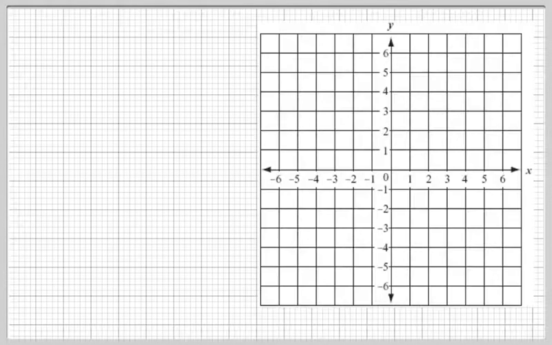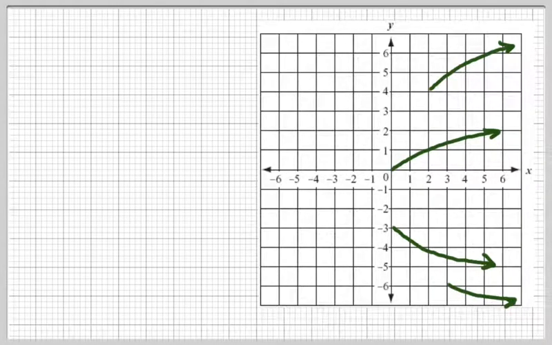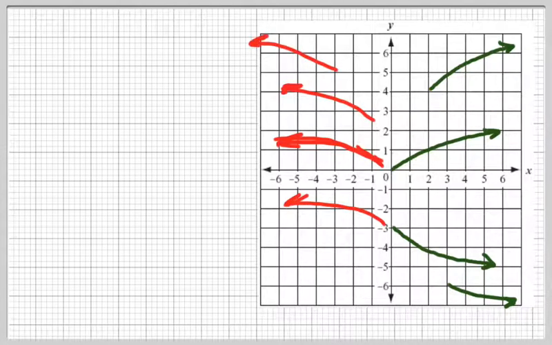So this is what we know so far. We can take a radical function. We see how it looks like this half of a parabola laying on its side. We've seen how we can shift that half of a parabola up and to the right, or down and to the left, or just right, or just up, or just down. And we've seen how we can get them to turn upside down and move around. So we can graph a bunch of those things. What we haven't shown yet is how to get these things to face the other direction, and of course move them around. Well, to do that,